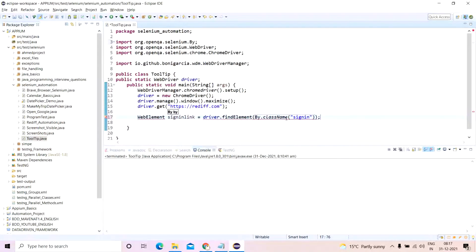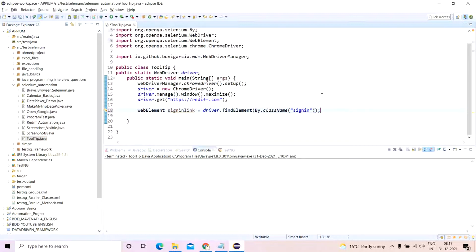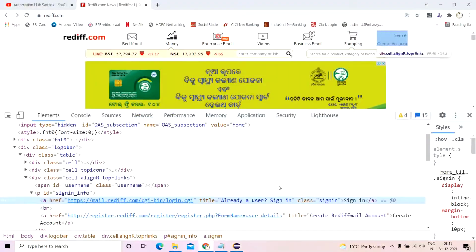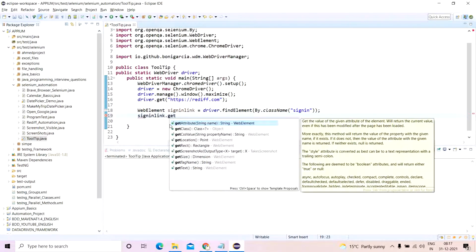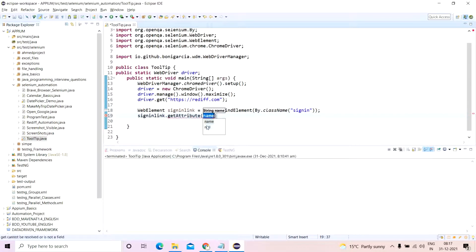I'll import this WebElement interface. Now I need to determine this attribute title. So I'll use signinLink.getAttribute. I have to get that particular attribute. What is the name of that attribute? Title.